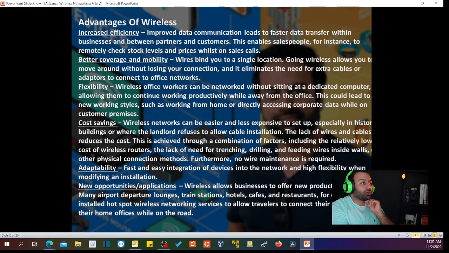All right, so, advantages of wireless. Why do we need to have wireless? What is the advantage of having wireless devices at home, at office, at any place that you think is necessary to have? Almost 99.9% of companies have wireless devices, so that's why they need a wireless engineer, a wireless technician, a wireless network architect, and so on. So we're on the right path.